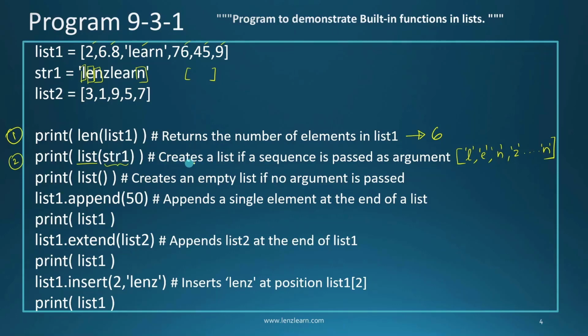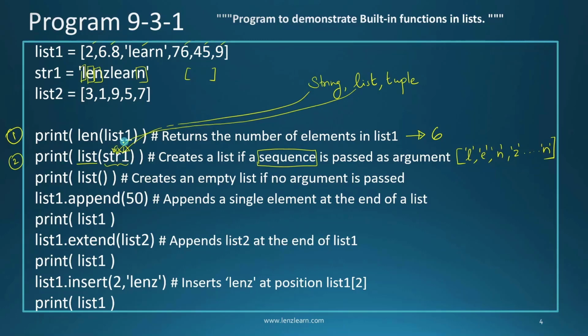So this function list creates a list if a sequence is passed as argument. Any sequence can be given as input over here. So there are three sequences that we have studied in Python. We have string, right? Or we can have a list, or we can have a tuple. So I can actually give a string as input to here, or I can actually give a list itself over